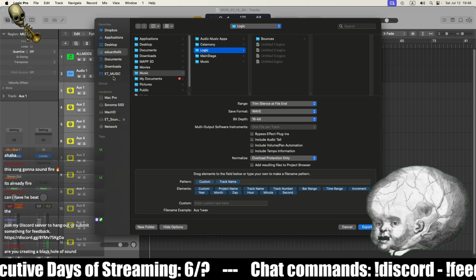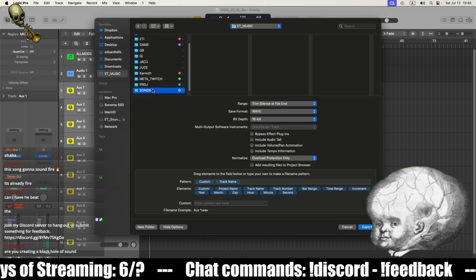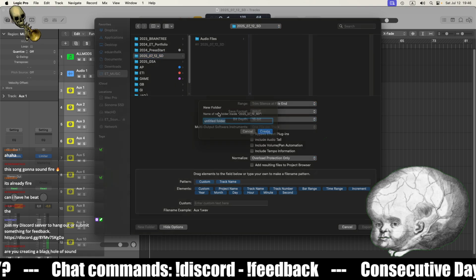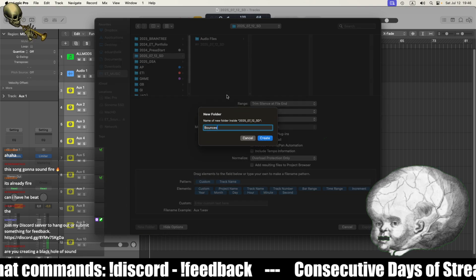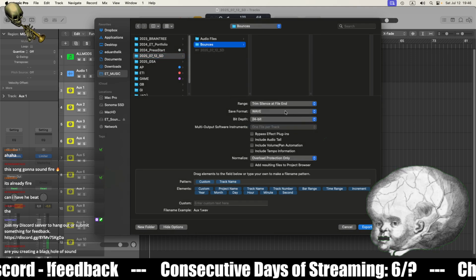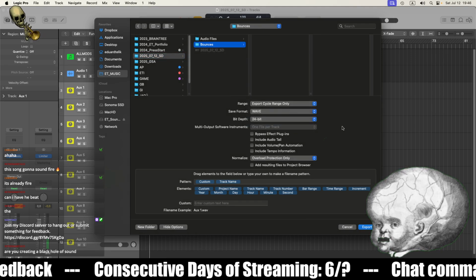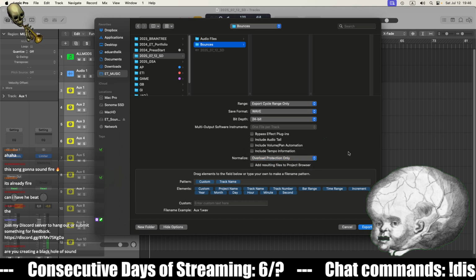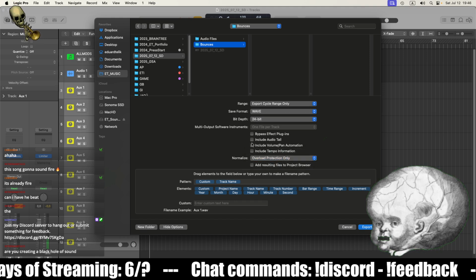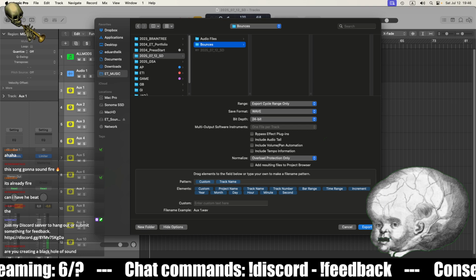We're going to let the universe decide. New folder, bounces, create. 24-bit, trim export cycle range, overload protection, include. No, that should be good.